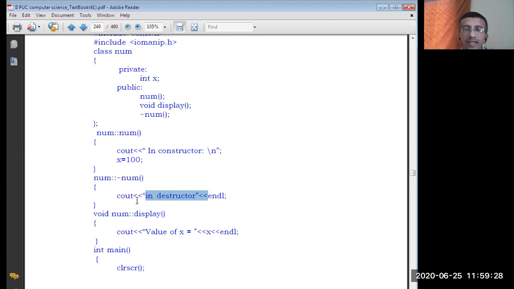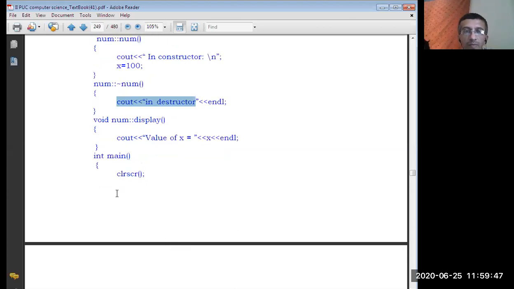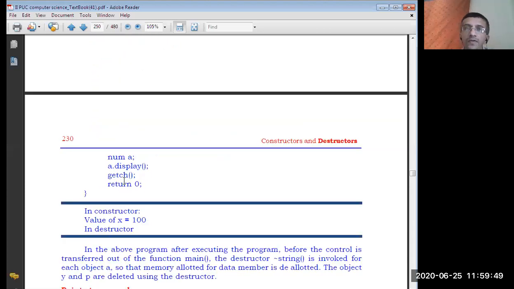Some statements can be written, just to know that destructor is used. So this is how you declare the destructor and define the destructor outside the class in this example. Num double colon scope resolution tilde symbol num destructor. So when the program gets terminated here, end of the program in main, then the destructor will be called.